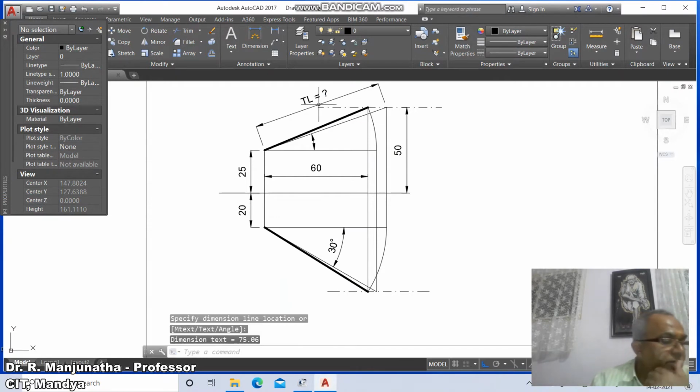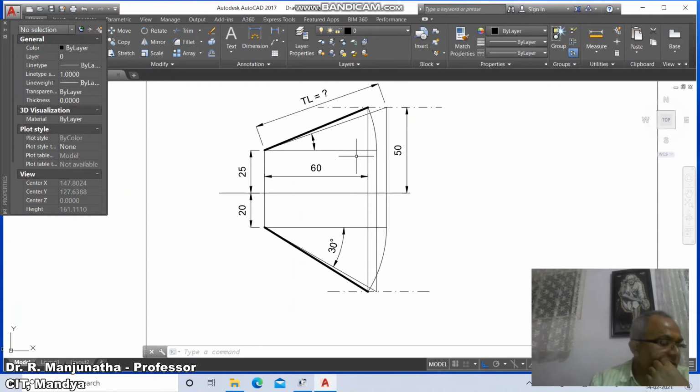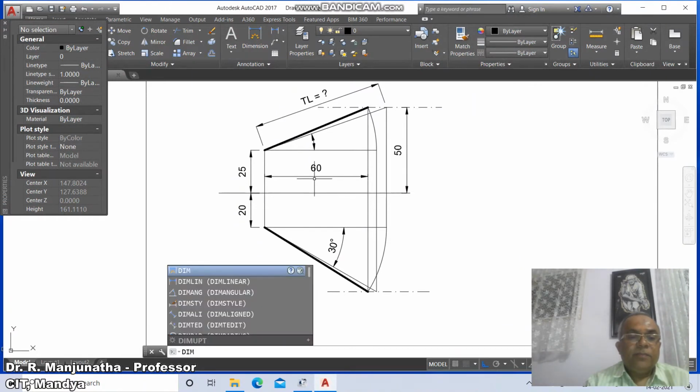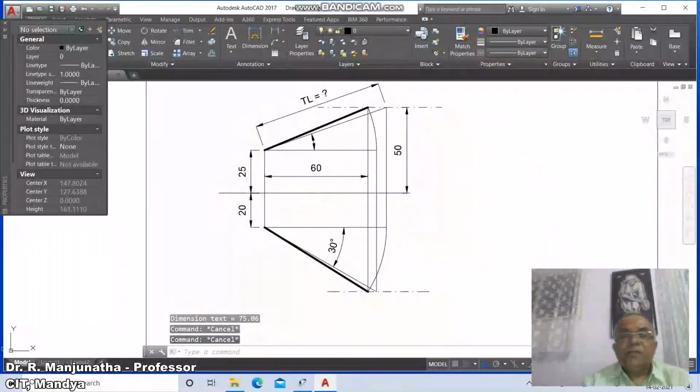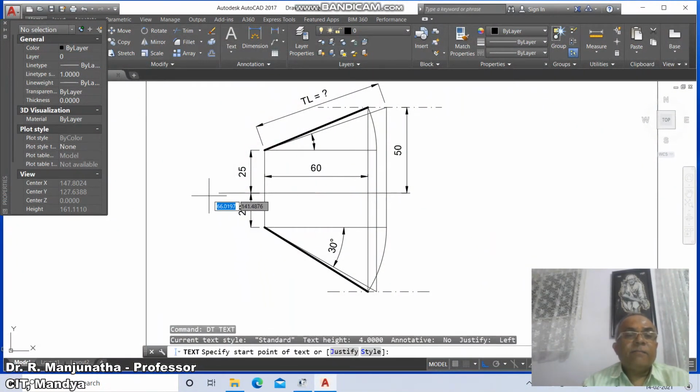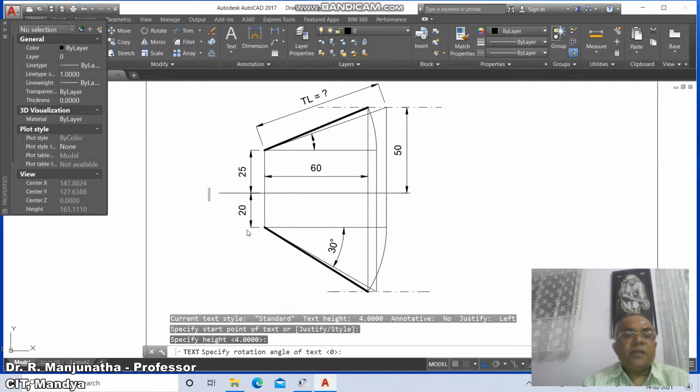So then you need to get the true length and apparent length of the line and also the true inclination with HP. So we got the true inclination with HP. Then we need to get the apparent length, which is A dash B dash. So here dim, so we'll take that. Then go to D text, select this line and make this as X and this as Y, and here it